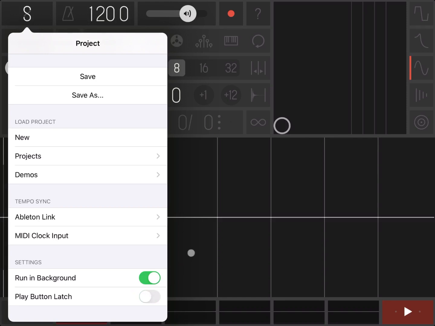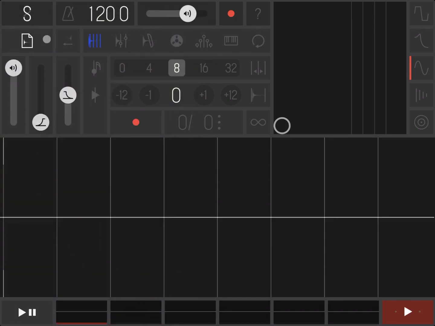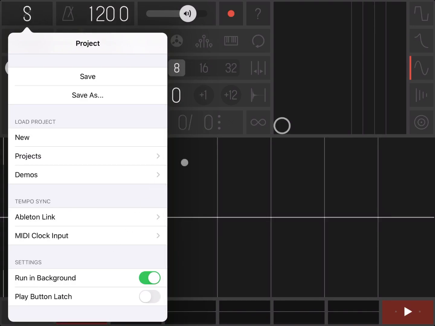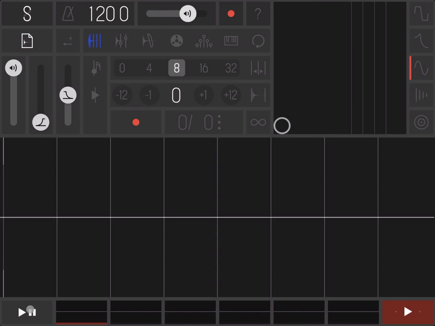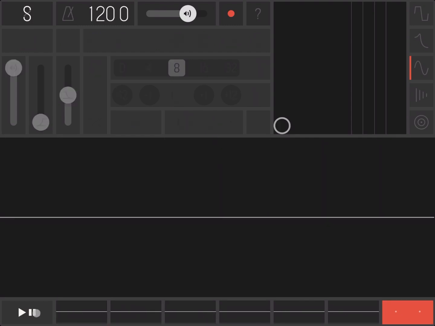So let's disable this. When the play button latch is disabled, what you find here at the bottom is the play and pause button. If you click and hold, you can see on the bottom right the play for the master track. If you let go, it will go back to where you can select the different samples that you have loaded in Samplr, or you can directly select the master track. But you have to click and hold and then click with another finger to play or stop the different